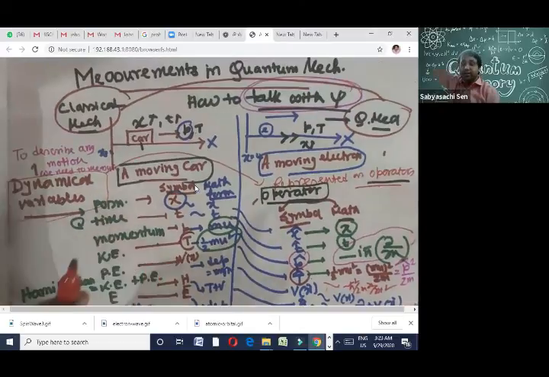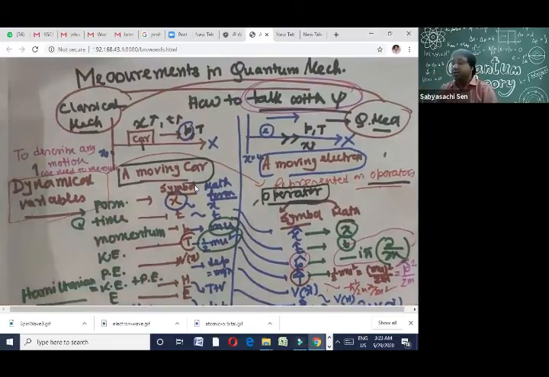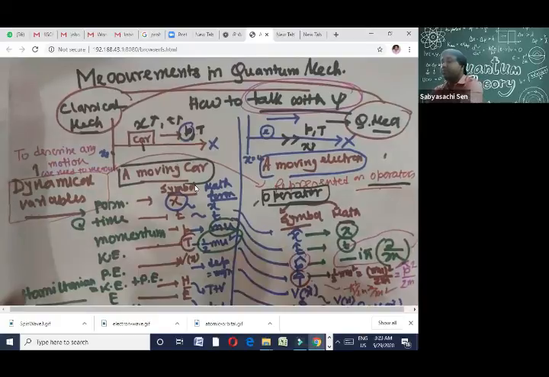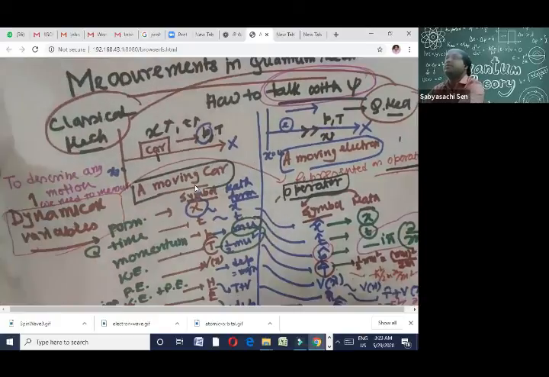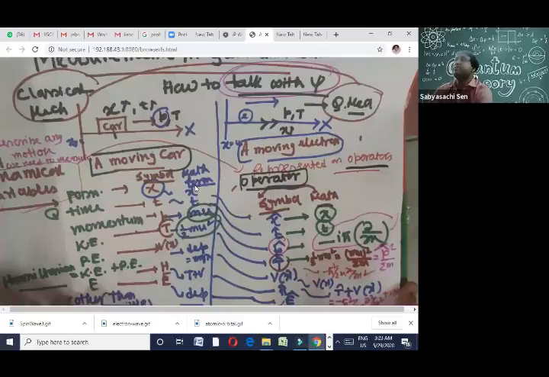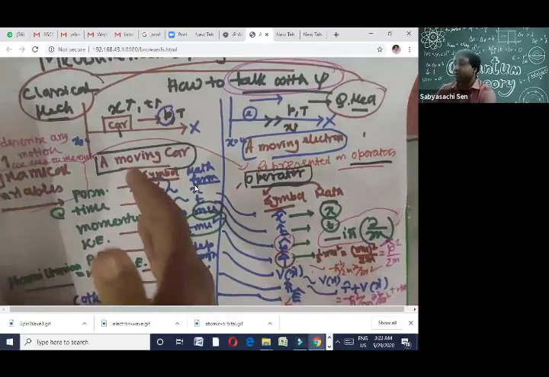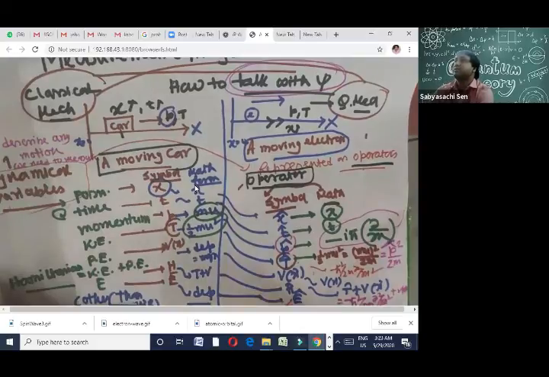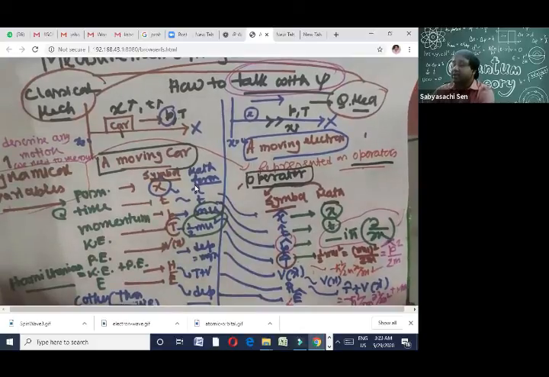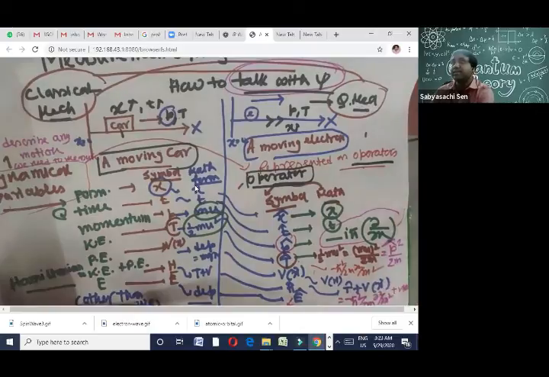So what I have done here, if you look at the sheet now, I have got two problems. One is a car problem, one is an electron problem. Both of them are dynamics problems. To describe the motion of the car, this is my classical approach. To describe the motion of the electron, this is my quantum approach. What is the change? The same variables I have to measure, but in quantum mechanics